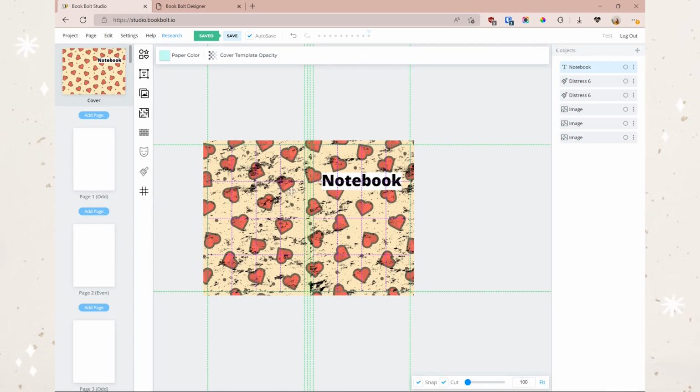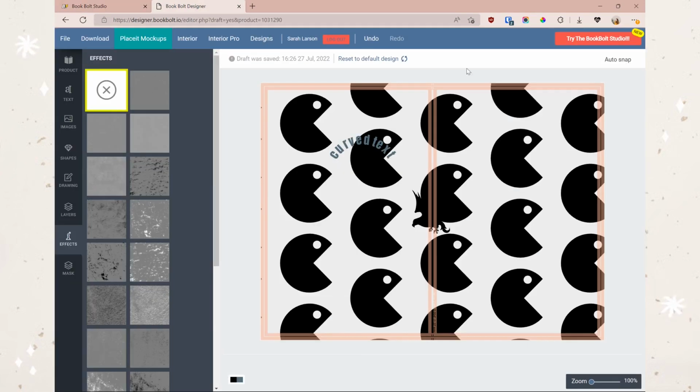I don't want to be misleading there. You can create some great designs with all the new tools that Book Bolt has, a lot more so than I feel like you could with this. I feel like the old Book Bolt designer, it was really hard to create anything that looked really good, especially